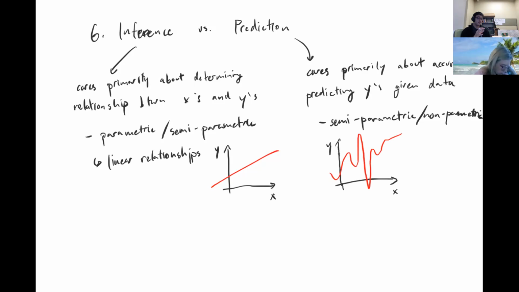One of the things that I think is important to take away from this is that if you're operating in the realm of inference, it's often a good idea to check whether or not the linear relationship is a good functional fit. One of the ways you could do this is to look at residuals and see if they're biased, and one possible reason for that is that the linear relationship might not accurately be describing it.